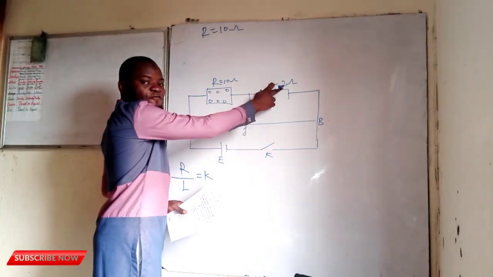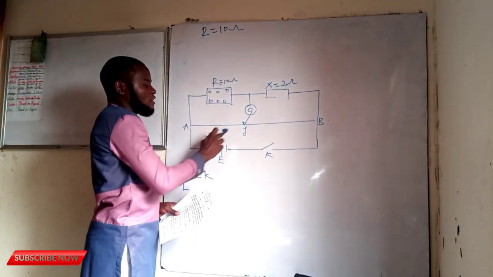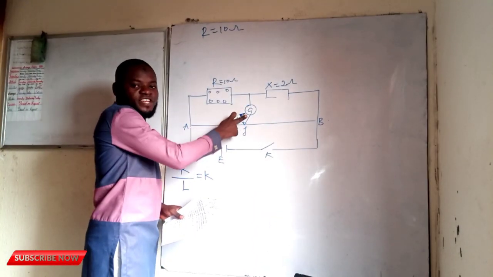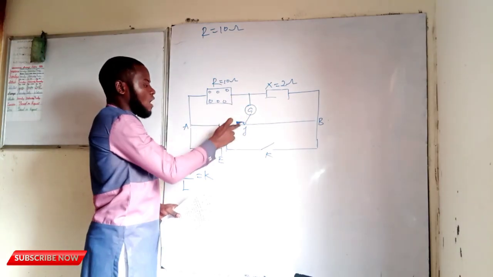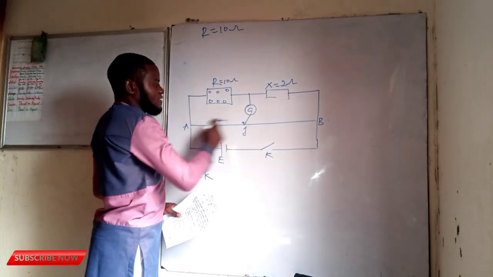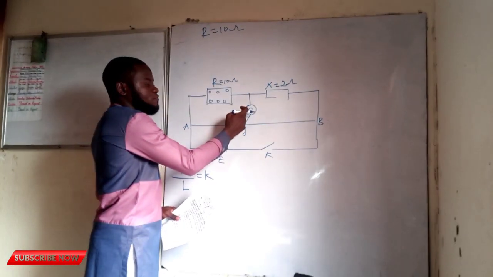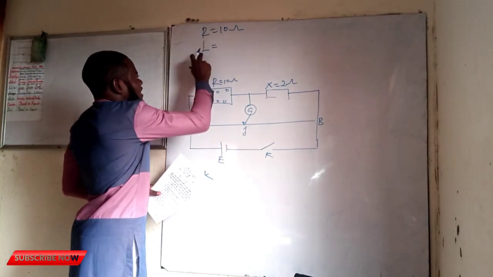And this one is a fixed standard resistor, 2 ohms. By the time we set this one to 10 ohms, at what point will the galvanometer read zero? That is the balancing point of the galvanometer. Now, if you keep varying it on this wire, it's going to get to a point where the galvanometer is going to be 0. So we are asked to record that as